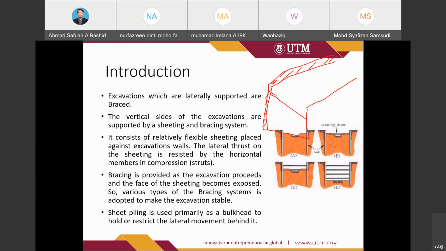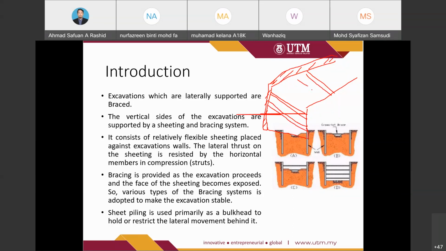Then we put what we call a bracing system. There should be spacing between one bracing system and another. This bracing system provides support against the lateral load from this sheeting structure. Then excavate more, then provide the bracing